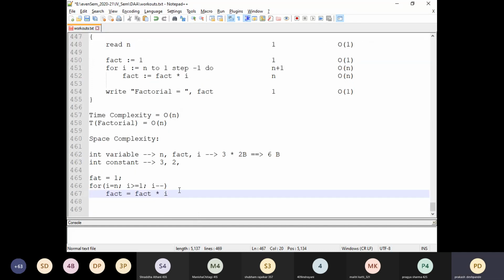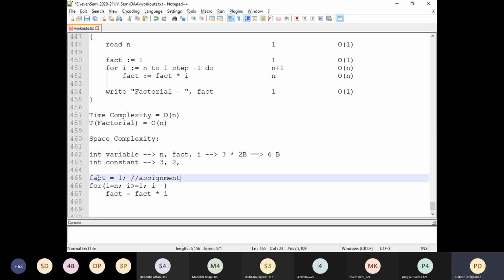Okay, now pay attention. The line number 465, that is this particular line. What is the operation involved here? What type of operation we have? Initialization. Initialization, or in other term, in a common term, can we call it as an assignment? Yes, sir. Right? This particular statement is an assignment statement.